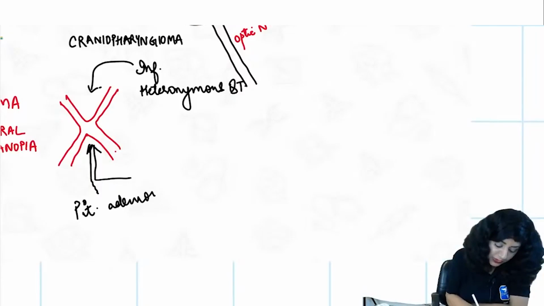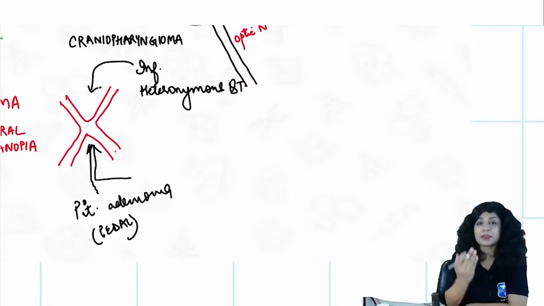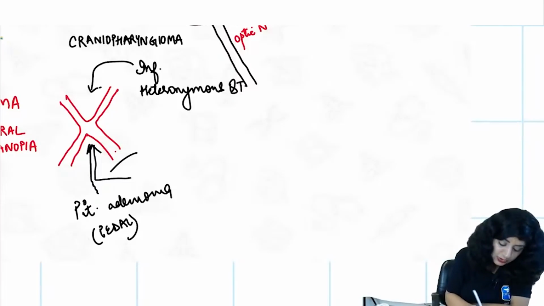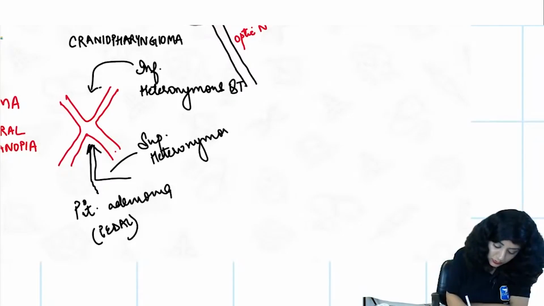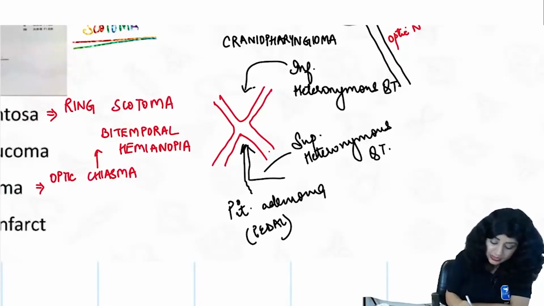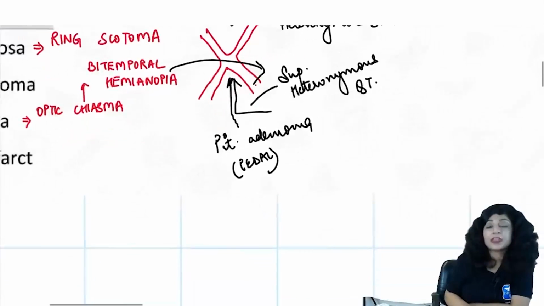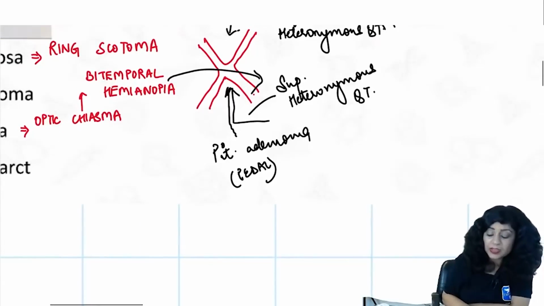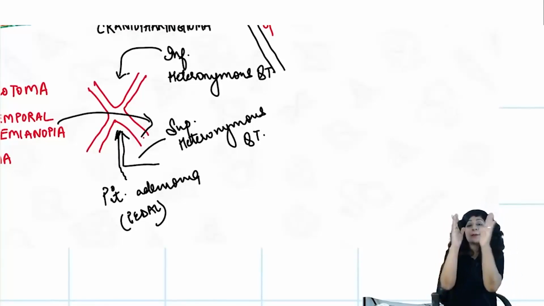While the pituitary adenoma, P for pituitary and P for pedal also. Pedals are on the inferior side. So this is compressing the inferior fibers. So this is going to cause the superior heteronymous quadrantanopia. So very, very precisely, bitemporal also, it is causing the superior heteronymous quadrantanopia, which will be your bitemporal.